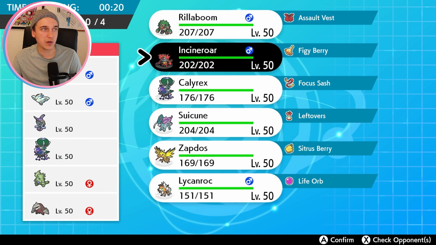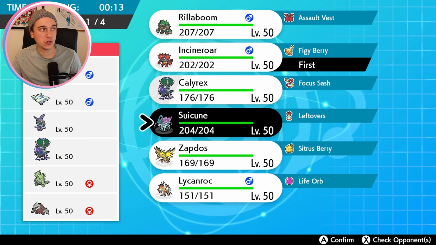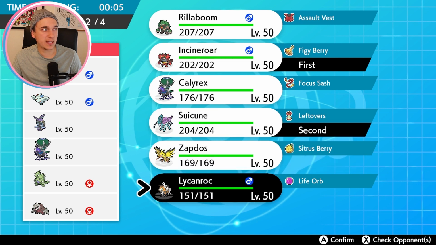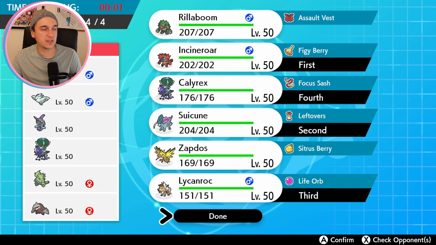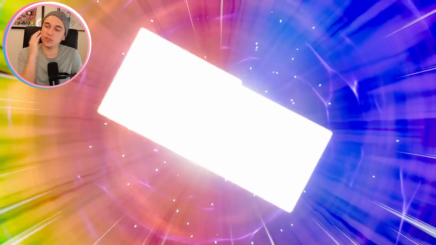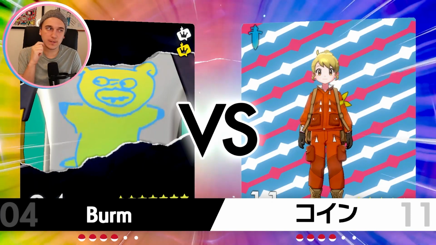I think that Incin is a great lead here no matter what. Incin... Suicune might be great. Just to get the Tailwind. So let's do that. We're going to bring Lycanroc in the back, and then I think we're going to bring Cali as well. Feels dumb not bringing the Rillaboom, but we're trying to use Lycanroc. Like, I think that maybe... Maybe you don't bring the... I was trying to get Lycanroc in there. So...